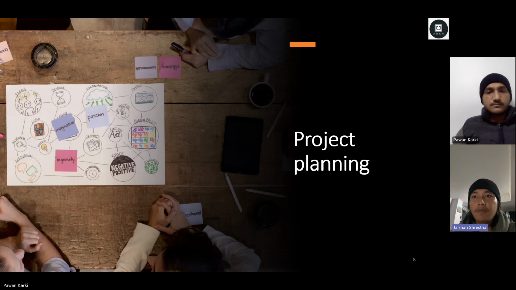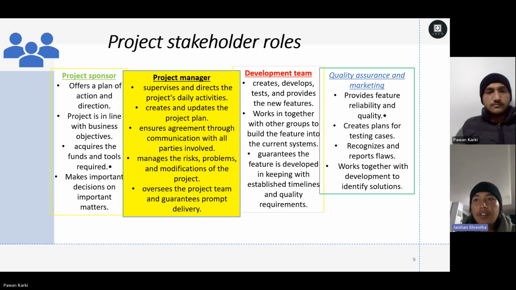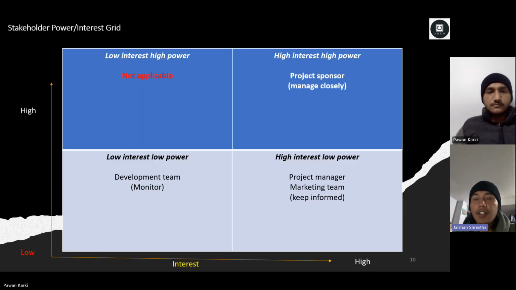So talking about our project planning, there are stakeholders in this project and the roles of the stakeholders are divided here. There are four stakeholders: project sponsor, project manager, development team, and quality assurance and marketing team. Talking about the role of the project sponsor, the project sponsor is responsible for offering a plan of action and direction, ensures the project is in line with business objectives, acquires the funds and tools required, makes important decisions on important matters, and